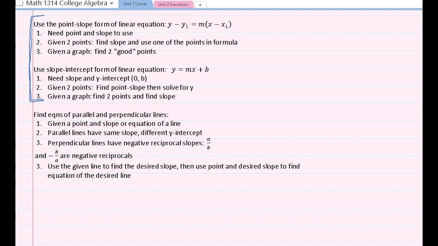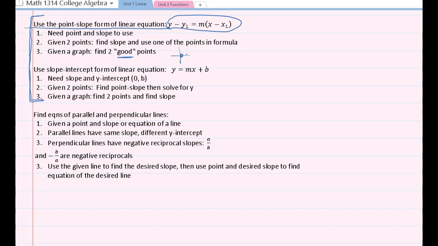So coming back to my notes, after we did that quick review, we can see that you're going to be able to use the point slope form, and this is our equation for that. Remember that you need at least 1 point and a slope. If you're given 2 points, find the slope and then use one of the points in the formula. If you're given a graph, just find 2 good points. And what I mean by 2 good points are the ones that are actually on the crosshairs of the grid. That way you can get a better